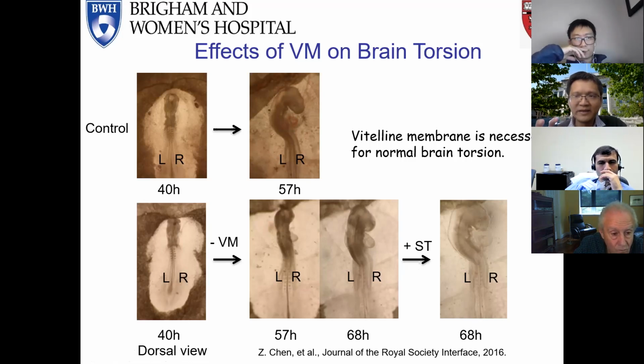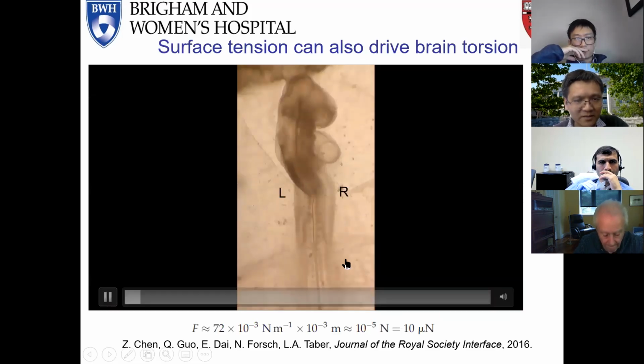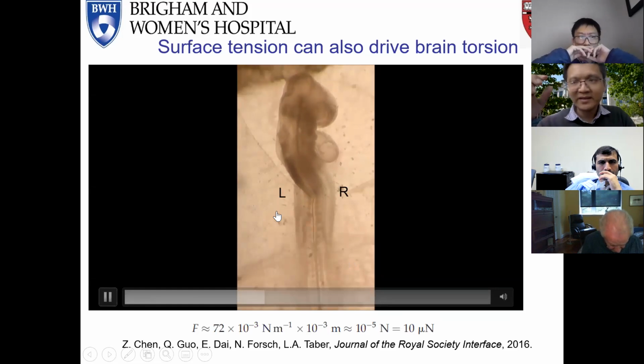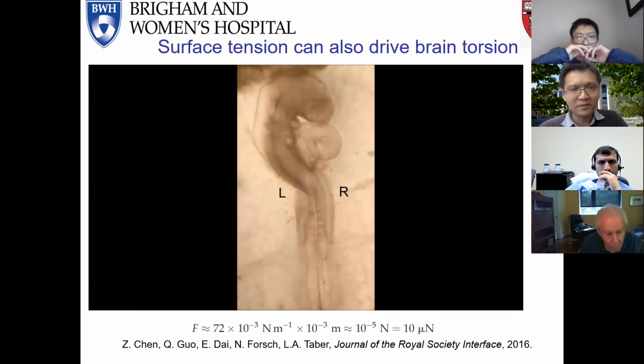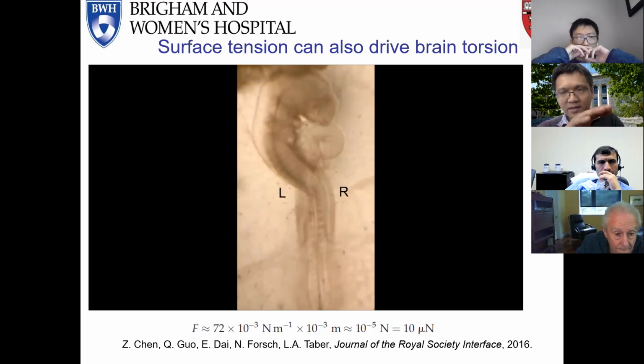And that shows the vitelline membrane does play a mechanical role in brain torsion. So in this video, I'm showing you, we basically gradually lower the fluid level. The brain is immersed in culture fluid. When we lower the fluid level, when the brain hits the fluid-air interface, the surface tension kicks in, and